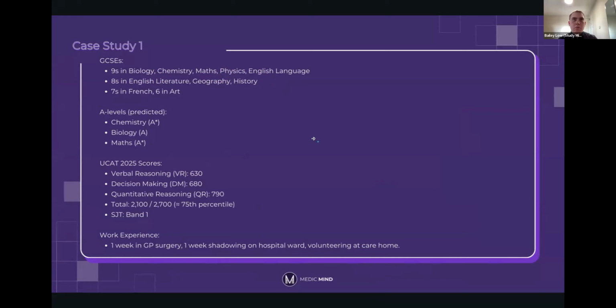Considering most medical schools take either your top 8 or 9 GCSEs, generally, if they take GCSEs, in the grand scheme of things the student's doing quite well in their GCSEs. A levels, they're predicted, so he's got 2 A stars and an A, so A level predicted grades are pretty good. So if we have a look at their UCAT scores,